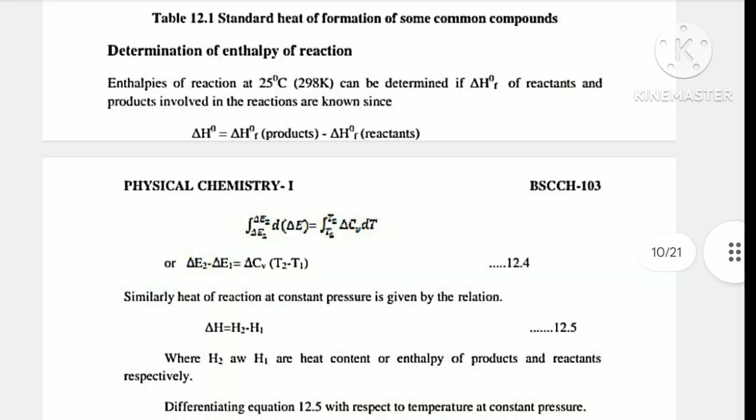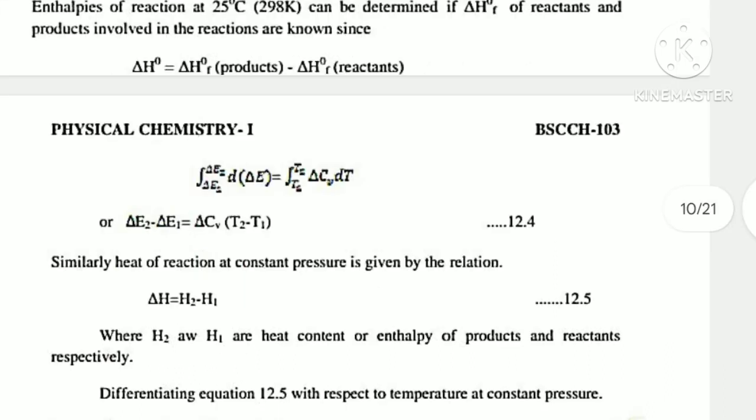Determination of enthalpy of reaction. The enthalpy of reaction at 25 degrees Celsius, 298 Kelvin, can be determined if ΔH° of reactants and products involved in the reaction are known, as ΔH° = ΔH° products − ΔH° reactants. Similarly, the heat of reaction at constant pressure is given by the relation ΔH = H2 − H1,